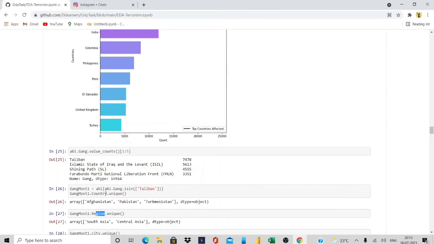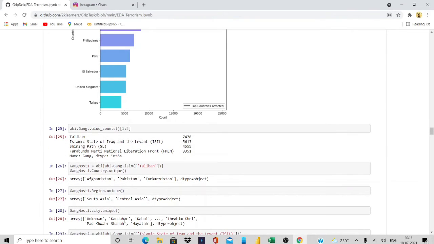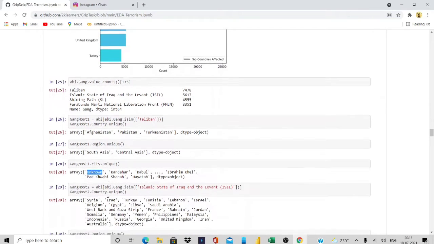This is country attacks, region attacks: South Asia, Central Asia. City unknown means, as I have already told, non-zero and zero values are present in the city column. So unknown is the zero value, and Kandahar and Kabul are the cities attacked by the gang most one, that is Taliban.